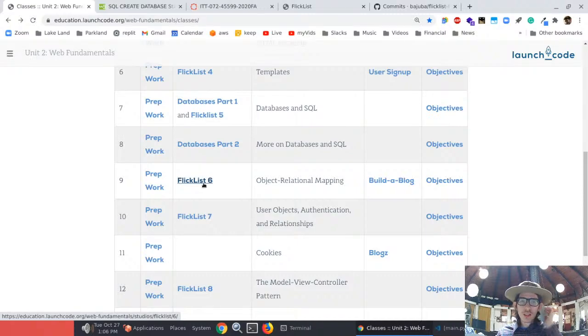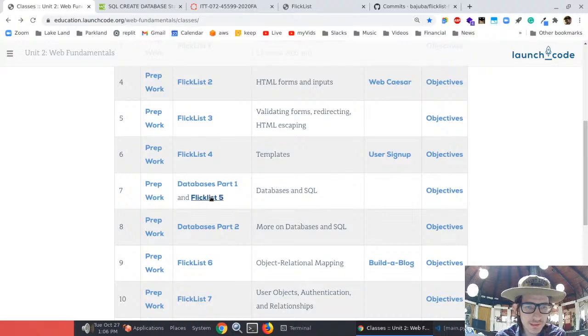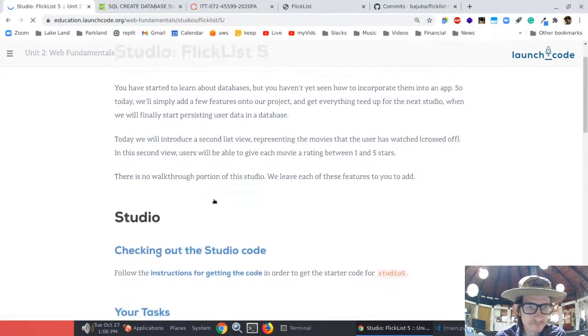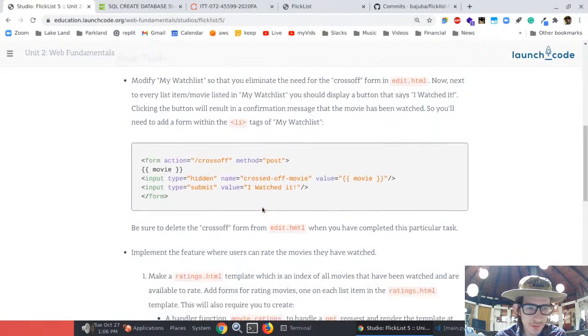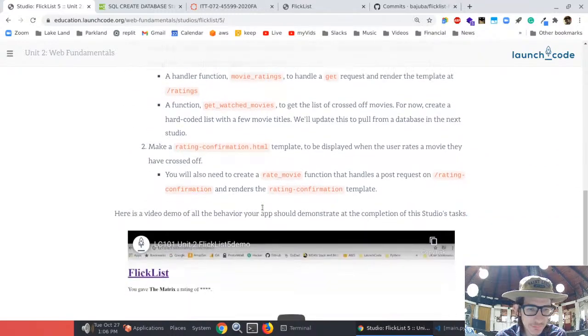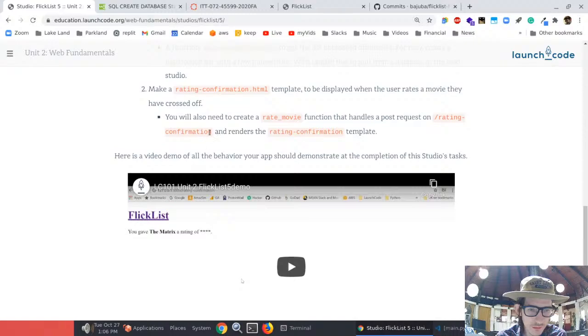Okay, so, wait, did we do 5? I think this is Studio 6. Let's see. Nope, that's Studio 5, and we did this already. We set up the app to work with